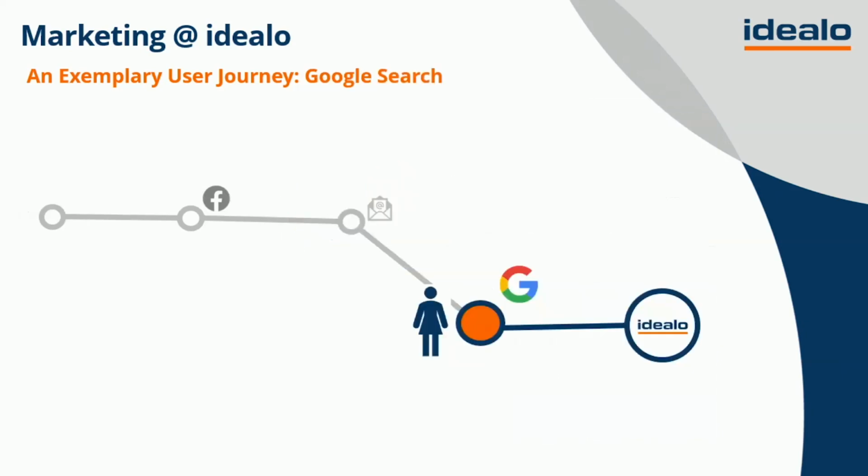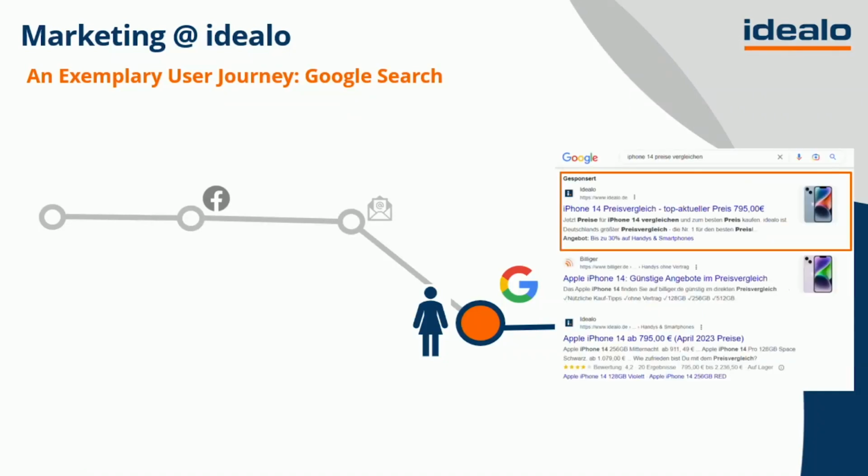Then a few days later, Karen comes into some unexpected money and decides to spend that money on the smartphone she's been wanting all along. She still wants to be conscious, though, with her choice and with her money, and she remembers that price comparison is a thing. And because Karen uses Google a lot, she goes to Google, she searches for price comparison for the phone of her choice, and the first sponsored result leads her to idealo.